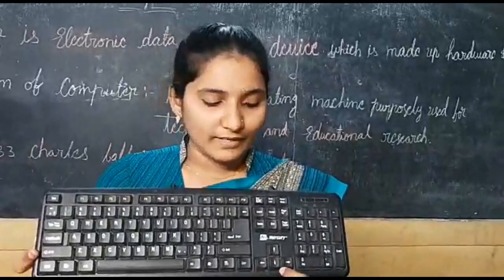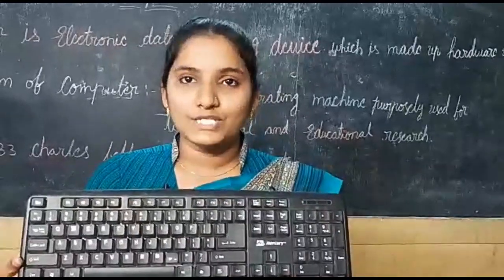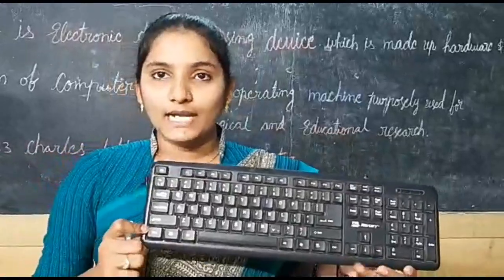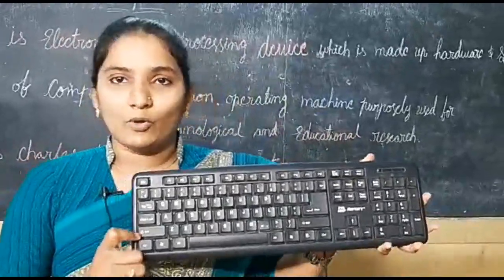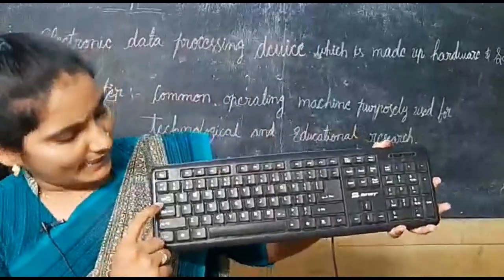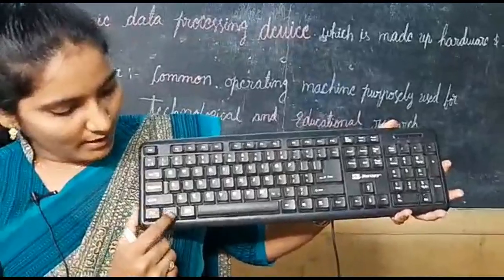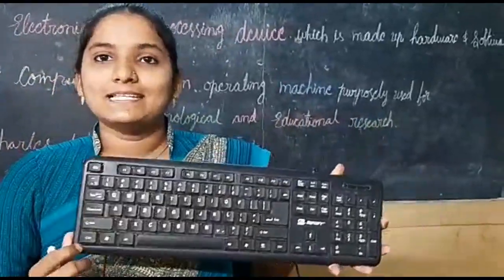What is the use of arrow keys in this keyboard? We are using them to move the cell or sheet. Okay, and next one, right of the keyboard. Look at this side, all of you. These are the special keys in this keyboard. Look at what are the special keys? Tab, caps lock, shift, control, Windows, Alt.